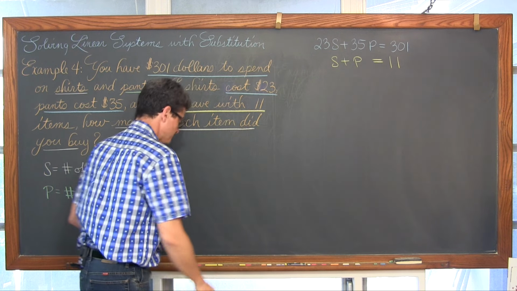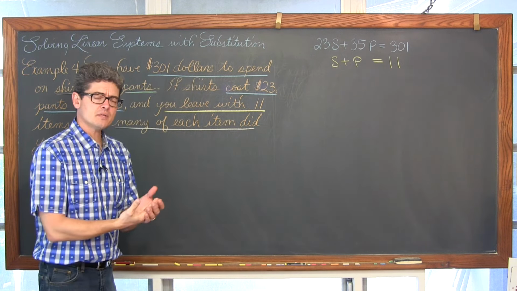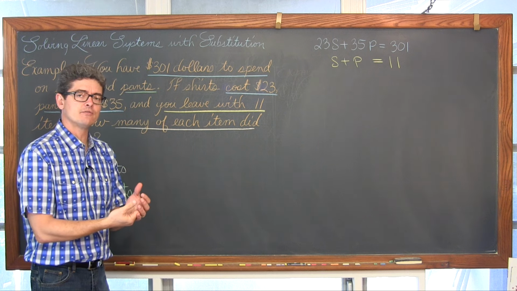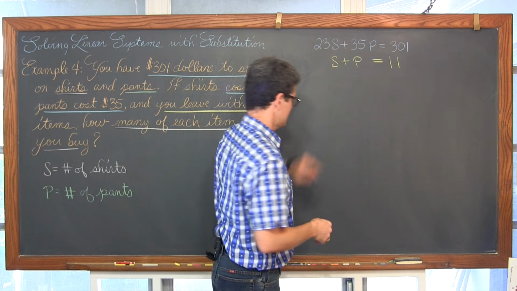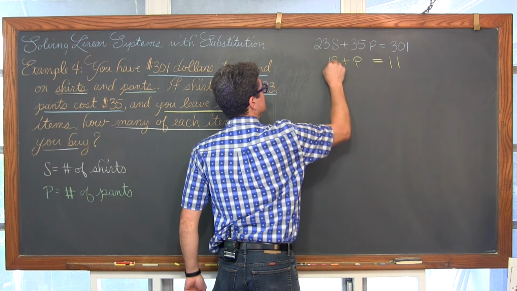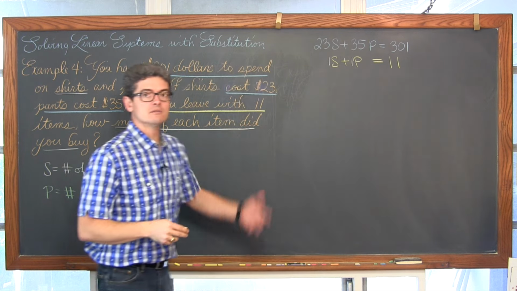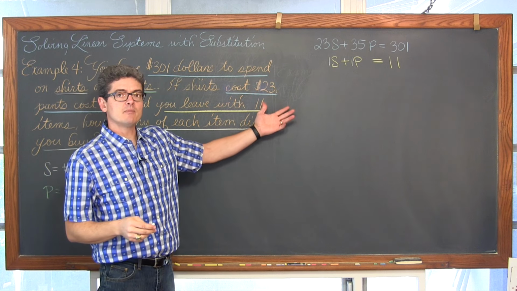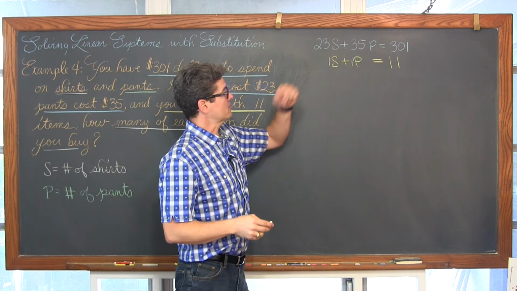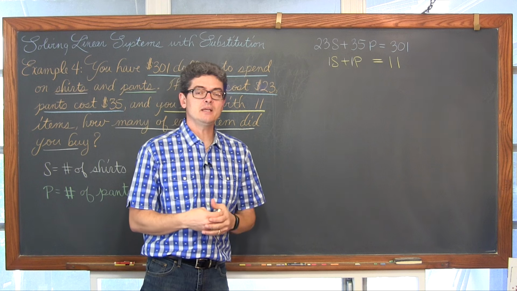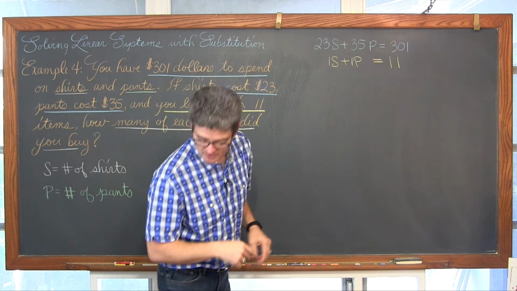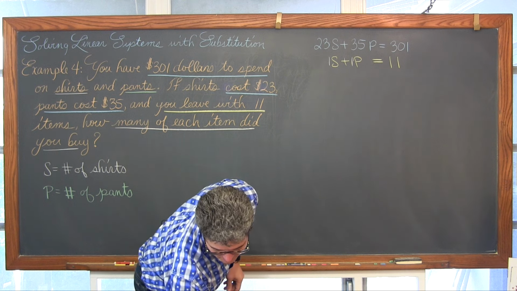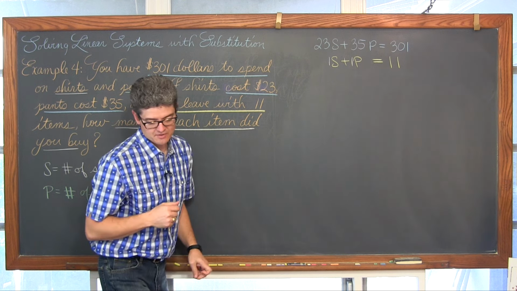And this time, we don't have an equation that is solved for a variable already. But we do have an equation where we have some coefficients that are equal to 1. So I can start this problem by solving the second equation for S or for P. It really doesn't make any difference. Now, I do want to follow my notes in case I need any arithmetic help, because I'm doing this on the camera without the aid of a calculator.